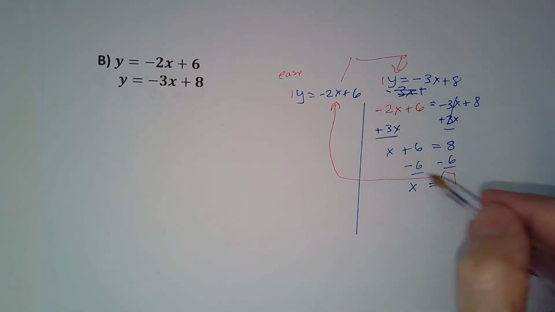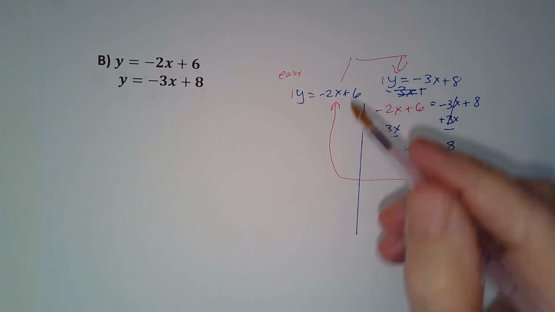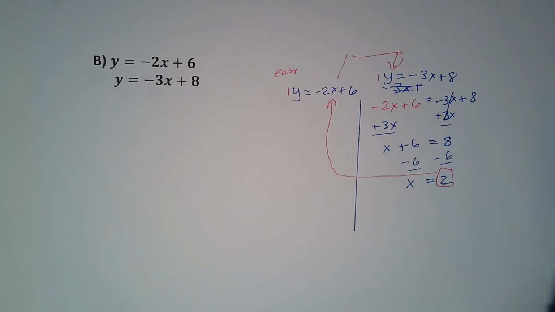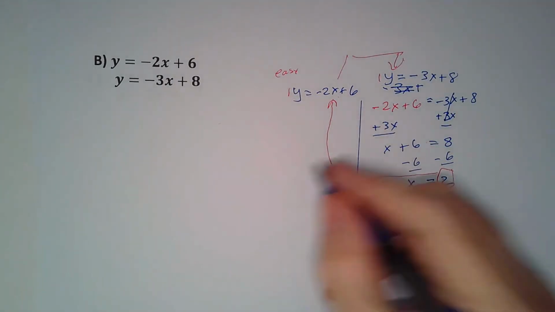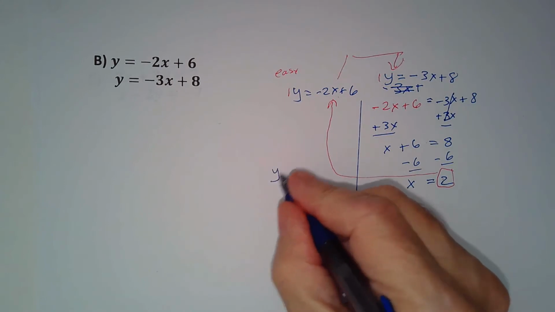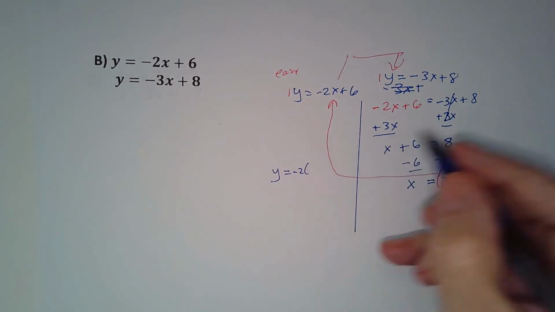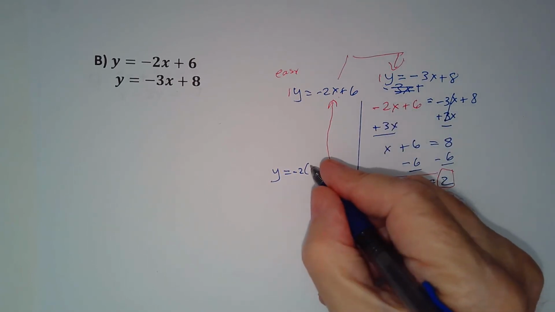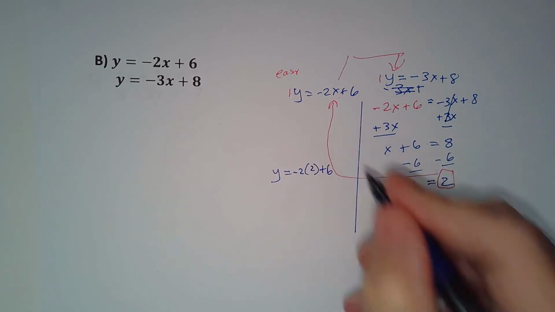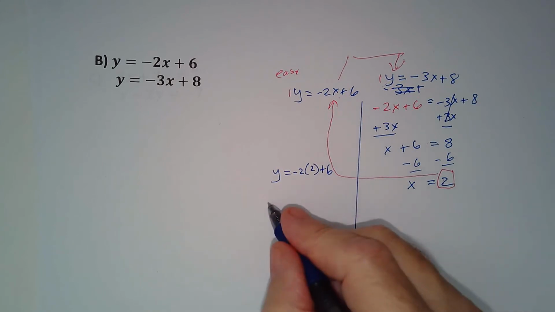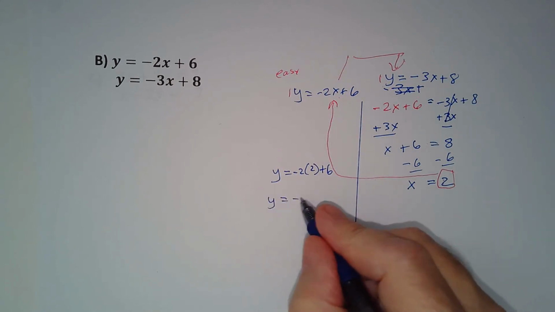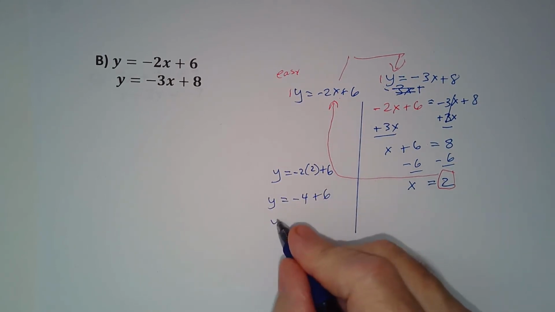So let's substitute this 2 over here for this x. So I'm going to have y equals negative 2 times 2 plus 6. All right, so negative 2 times 2 is negative 4 plus 6,